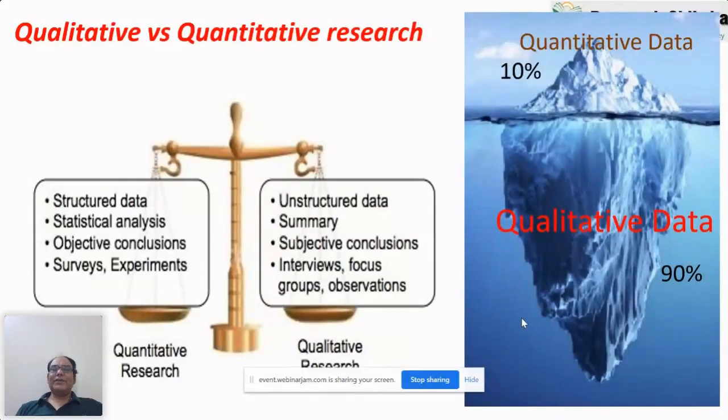So all these examples which I gave you just now are part of the unstructured data. Unstructured data can be defined as the data which cannot be expressed in numbers. On the other side, structured data is data which can be expressed in numbers. So data which you collect from the questionnaire, from secondary sources, or from databases like Bloomberg, Thomson Reuters, or Prowess database. These kinds of data sets which are in the form of numbers are known as structured data.